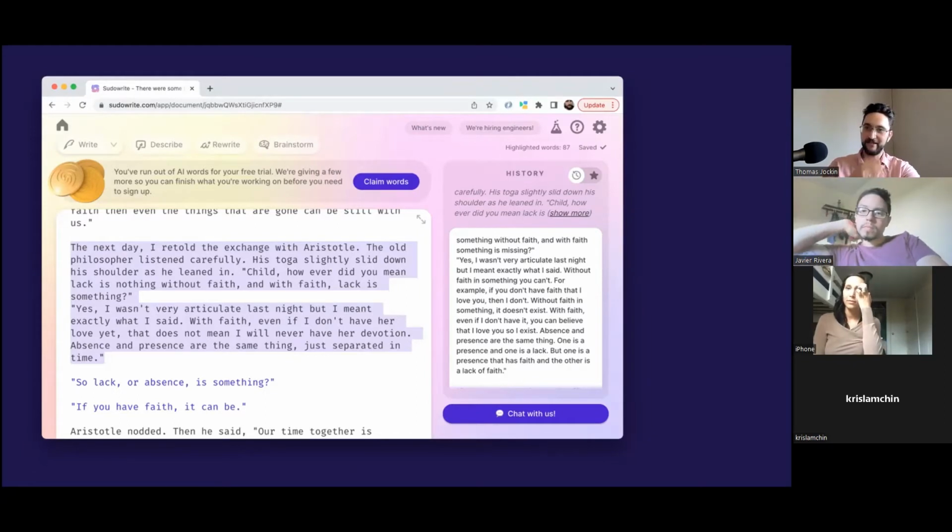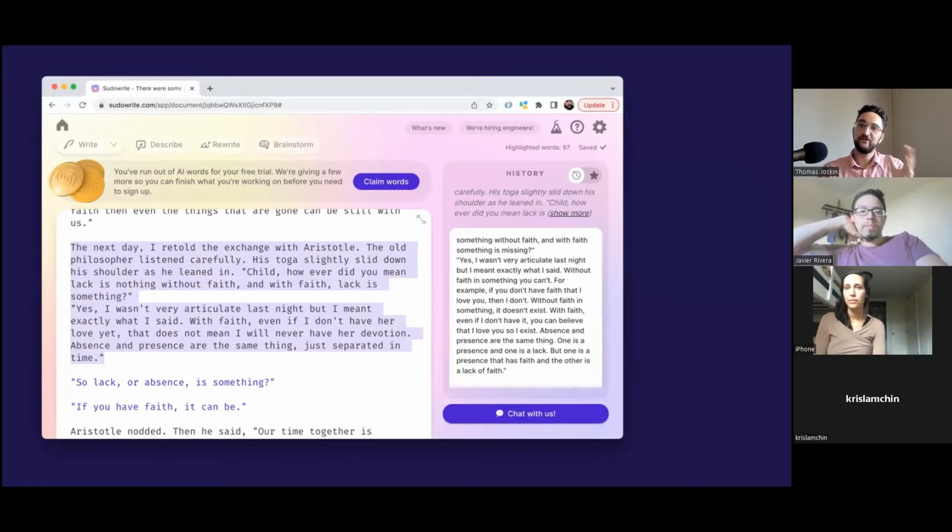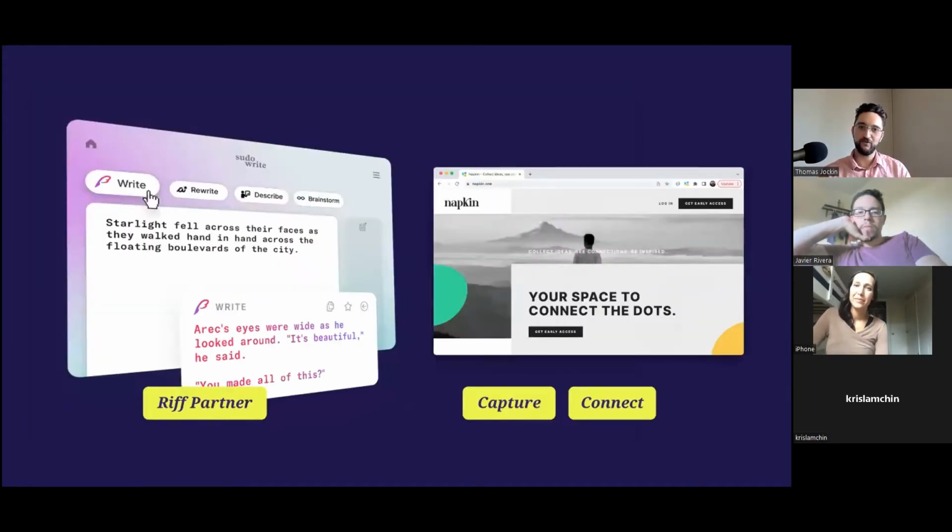So it's me making characters with ideas implanted in them, and then seeing how those ideas play out in exchange and communication with each other. So that was a fun direction. How successful was it? I think it was more just a fun exploration, I would say. So as I said, I think pseudo write is more of a riff partner to play with ideas and see where it goes. I had mixed results with it, to be honest.